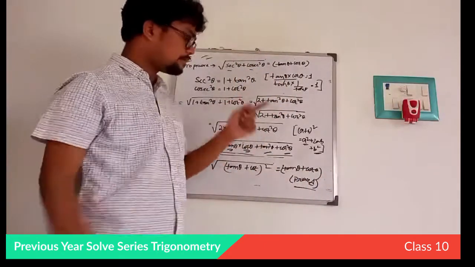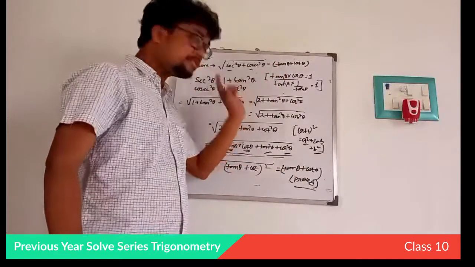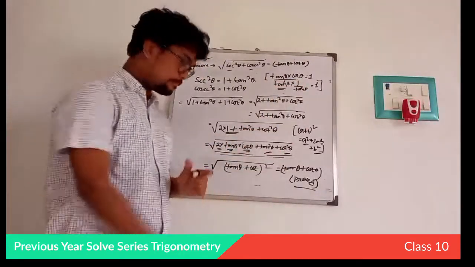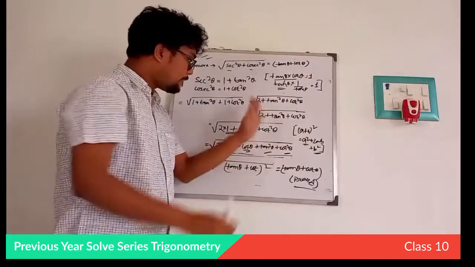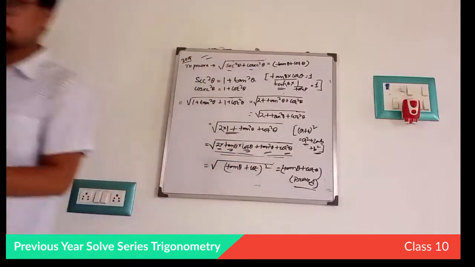This is a very important problem that came in 2018. Write it down. Understand this step very carefully. This step is the key step of this problem. This step, 2 into 1, where 1 is replaced by tan theta into cot theta. Okay, fine. Write it down, and I am going to the next problem.